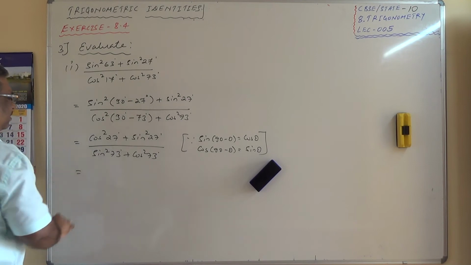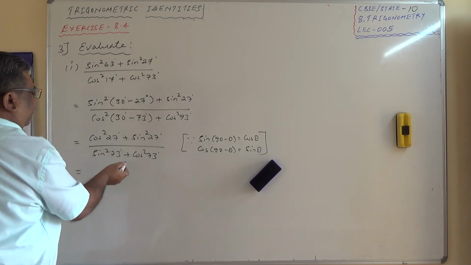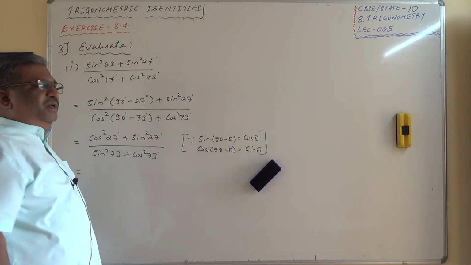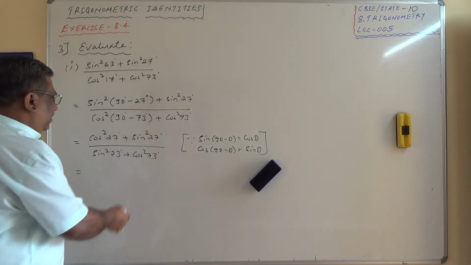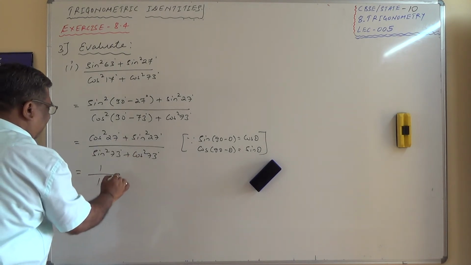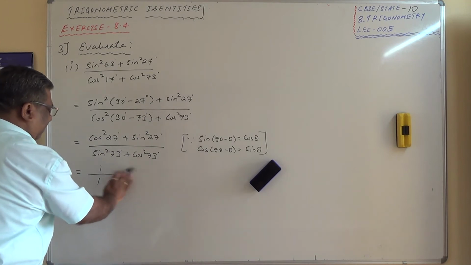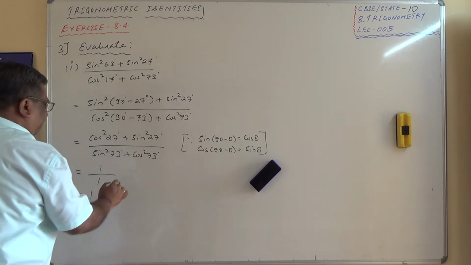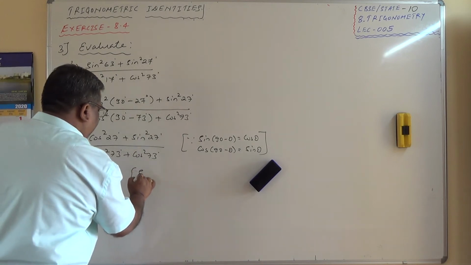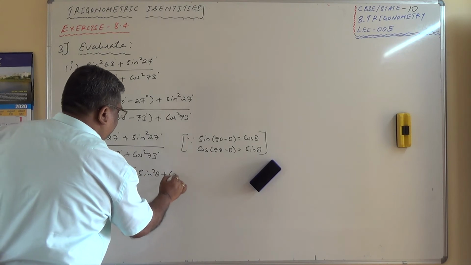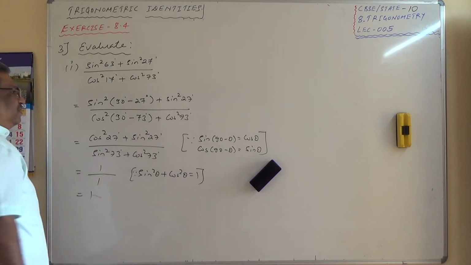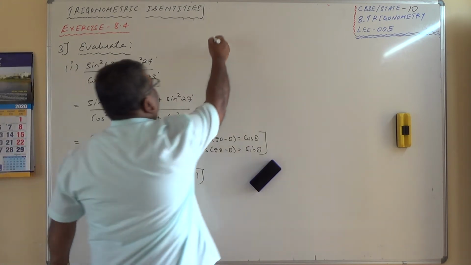Now, what is cos square 27 plus sin square 27? Sin square theta plus cos square theta, which we know is equal to 1. Therefore, top is 1. Similarly, sin square 73 plus cos square 73 is 1, which equals 1. That's the answer. What is the reason here? We know sin square theta plus cos square theta equals 1, and this is the reason which we have replaced it. Second problem will solve.